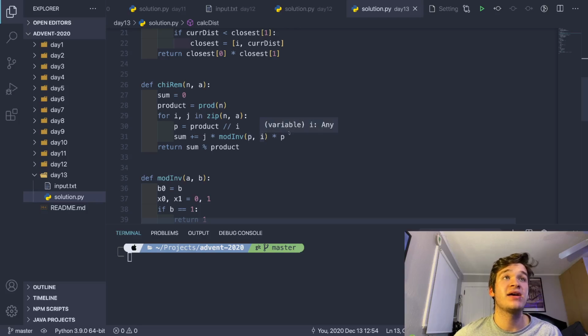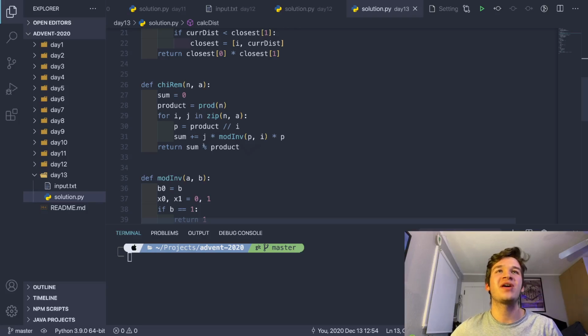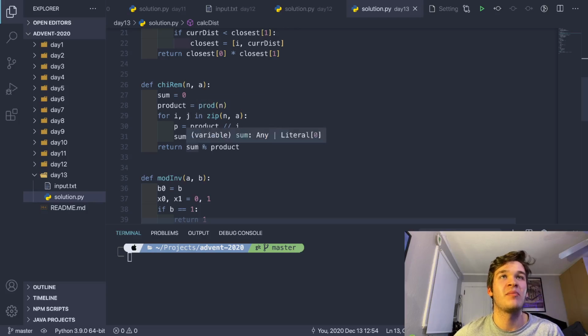and i, and then we multiply p back in so that we are essentially just getting the multiplicative inverse of these 2 times p, which is the modular reciprocal of i, I think. So we are adding that product into our sum, so j times, I think, the modular multiplicative reciprocal of i and p. So then finally at the end of that, what we are doing is we are returning the sum